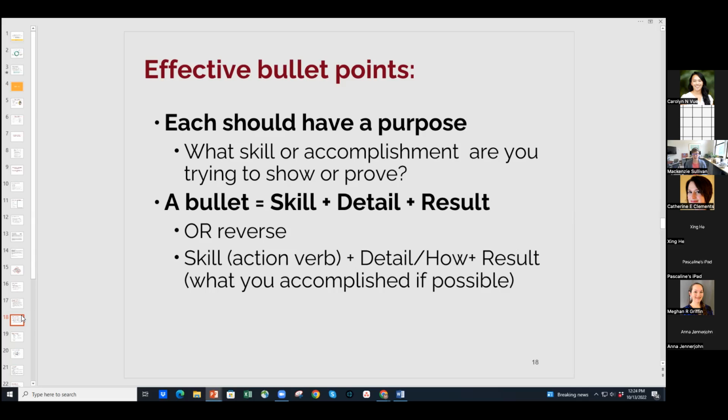Bullet points are very important to a resume. But the thinking used to be, and I remember when I first started career services, we would spend hours fine-tuning bullet points. Like, we got to make this exactly right. And we're going to have a competition. How do you write the best bullet point? And then when we realized how recruiters are looking at resumes, it's not that important. They need to be good. They need to be solid. They need to be like 80%. But do not spend 100 hours fine-tuning a bullet point if they are basically in this format, because it doesn't get you very far. If you are showcasing a skill, that's what you want to be doing.